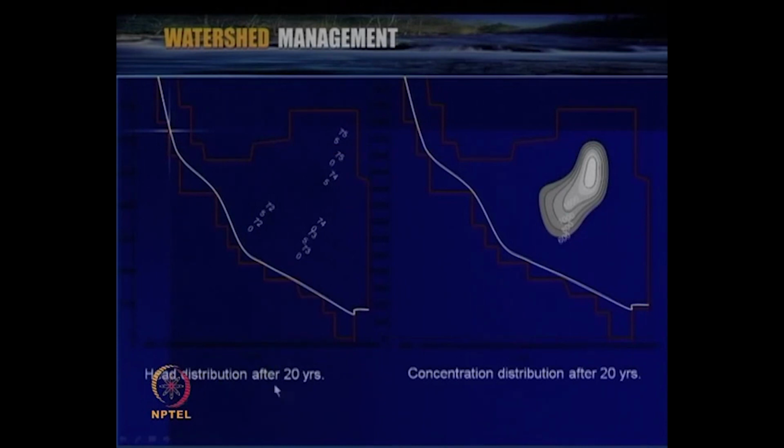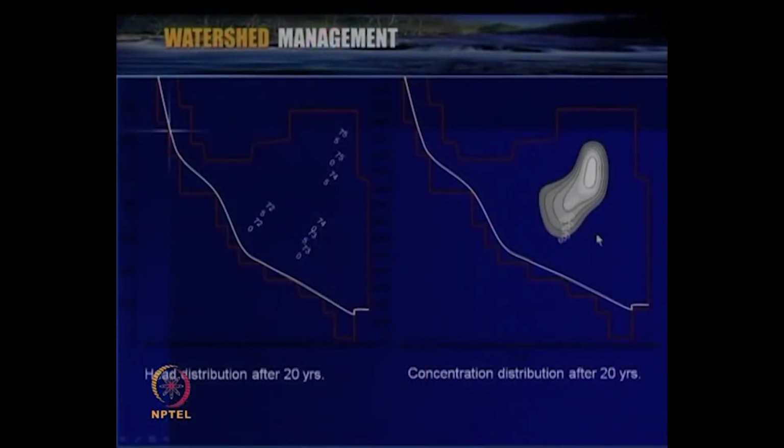Then the head distribution after 20 years. This model has been run for 20 years, and then you can see the head variation within the aquifer system after the simulation for 20 years. So, this is 755, 750, 745, 740, 735, 730, 725, 720, and like that we identified with respect to the abstraction taking place within the domain with respect to certain pumping wells existing in the aquifer system.